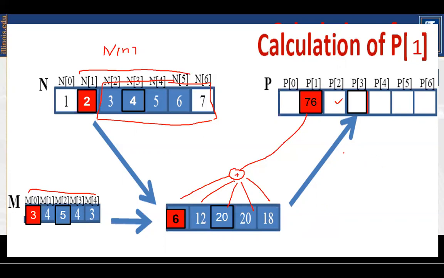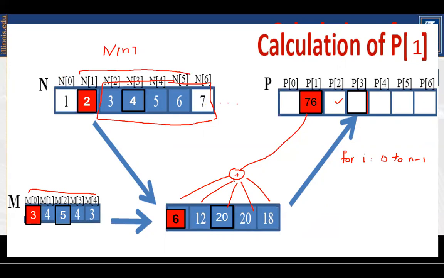Number 1, outer for loop of i, which will change. I am writing in pseudocode that i will change from 0 to n minus 1, because my actual data size is n elements.